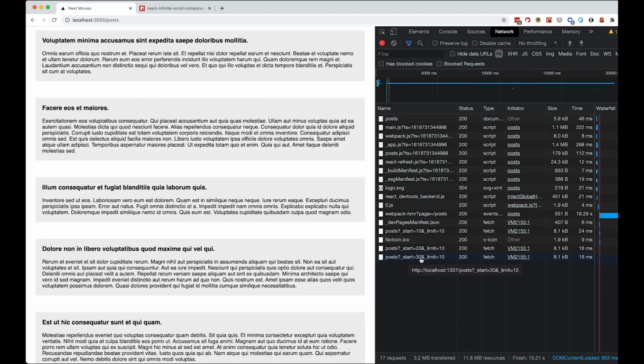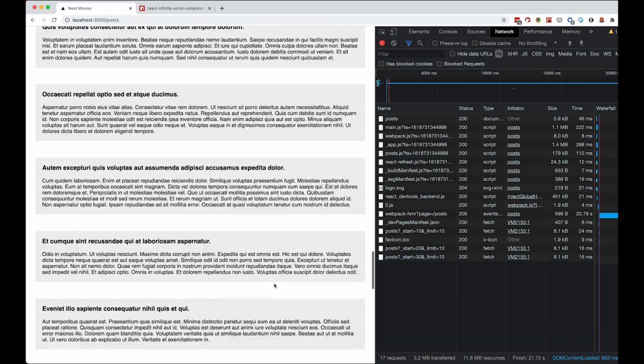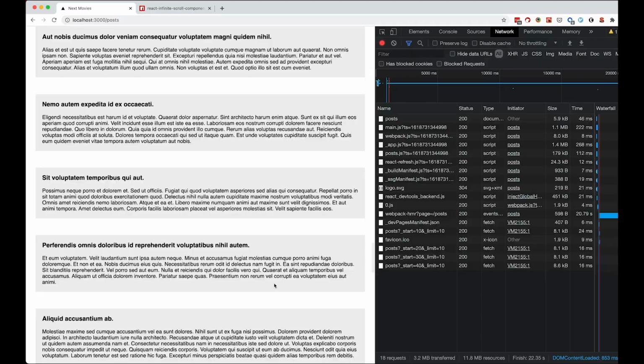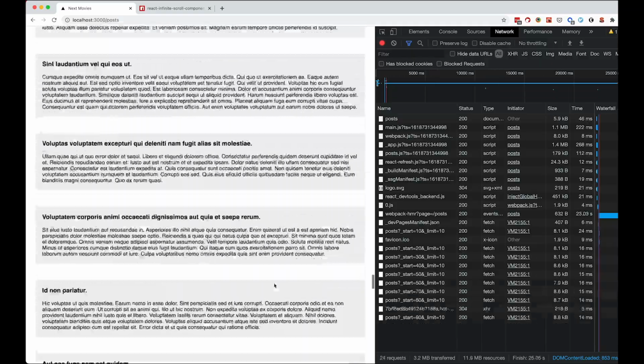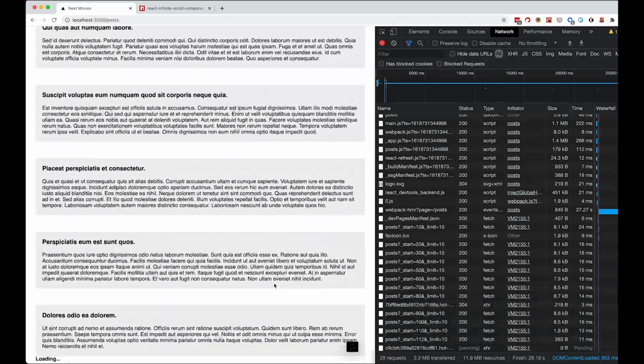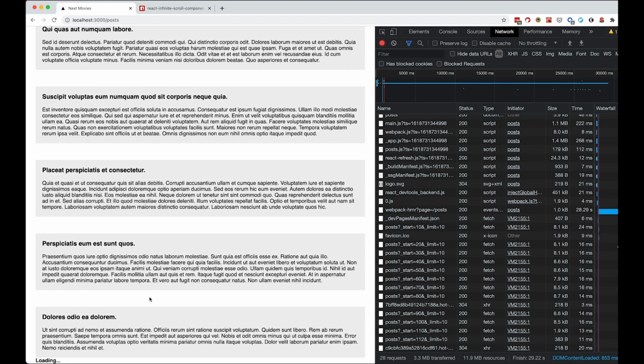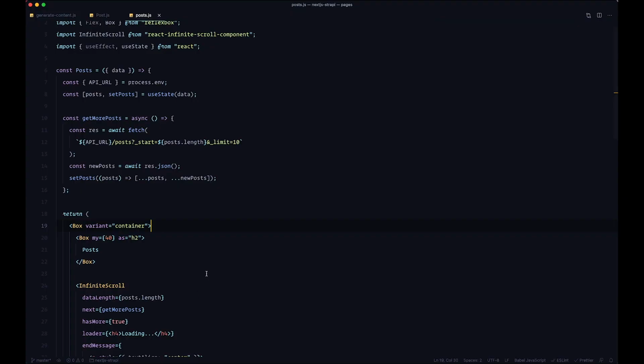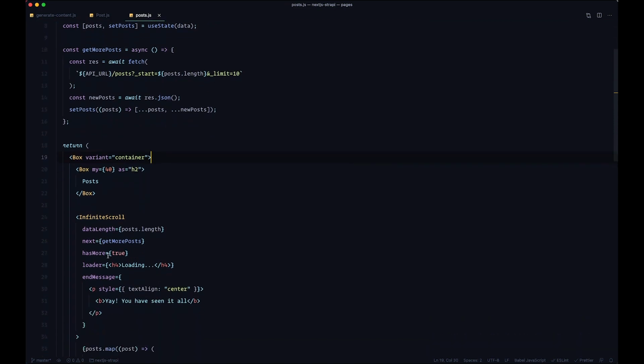Post start equals 30, limit 10, and so on. So this is the way this works. But of course, if we go down here, we would expect "you have reached the end of the posts list," but instead of that, we are just getting loading all the time. Why is that? Well, because we still didn't code this right here, and this has more